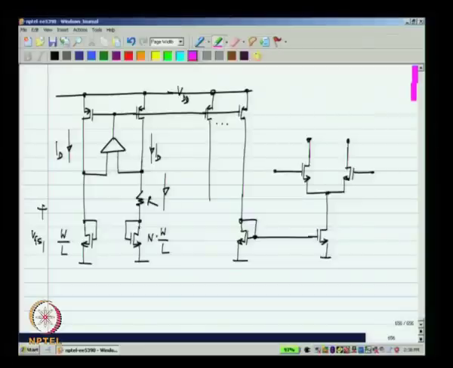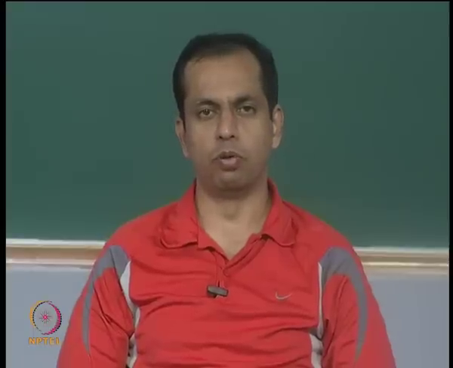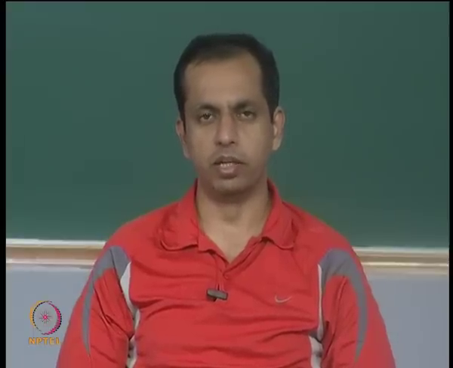Also, we derived these relationships using square law, that is the transistors are in strong inversion saturation and so on. We also know that as we go to shorter and shorter technologies, the transistors do not exactly follow square law. So, any deviations from square law will also cause deviations from this behavior, that is the GM will not be proportional to 1 over R as was predicted by the expressions we derived.